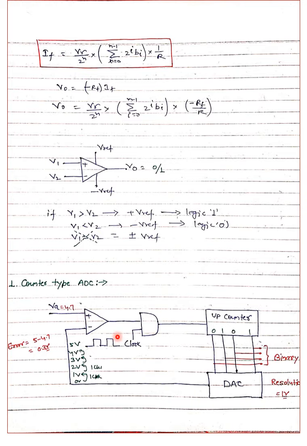So you have to see that in this differential input, at the non-inverting terminal we have our actual analog input, and at the inverting terminal we have fed the output of the DAC. If this difference is positive, the output is also positive, or logic 1, and when the clock is high, the counter is up by one bit. Similarly, when the counter is up by 1 bit, the DAC output is increased by 1 bit, or the resolution of this DAC.